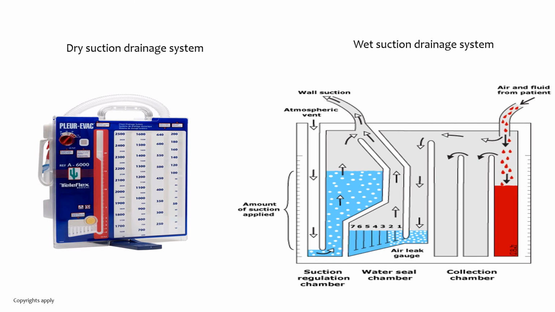In the dry suction drainage system, this is connected to the wall suction. And if you see here, the principle is the same by and large, except that the water is not there in this, and you have this dial-in suction here. So that is what we are using most of the time. This is the Plurivac which we are using, but at places you can use the bottles also if you cannot afford it, or it's not available, or in resource limited countries. The bottle system is also used.